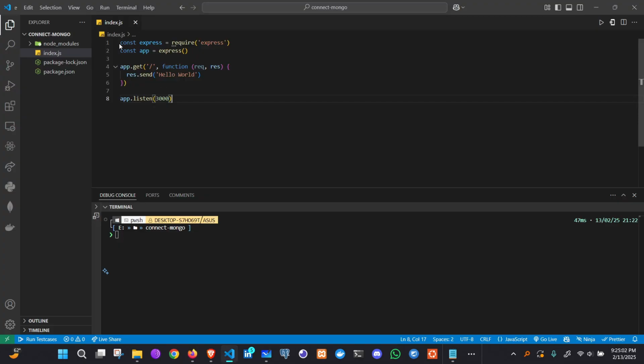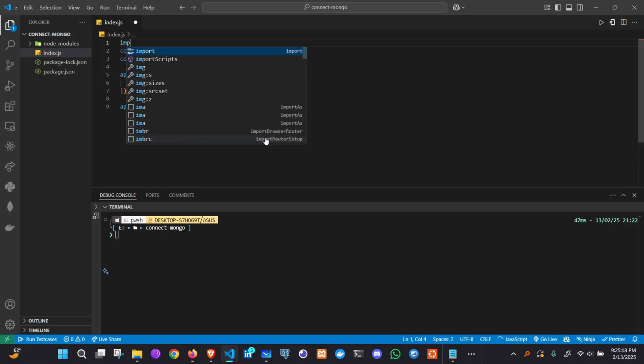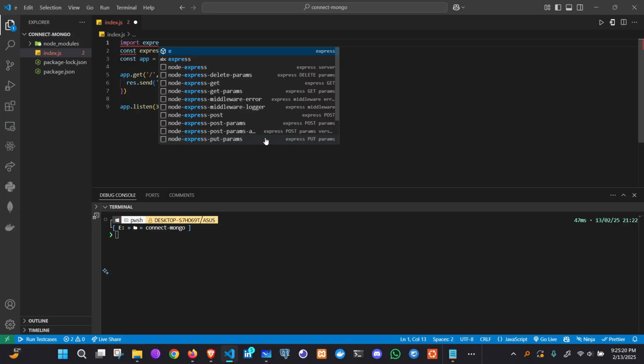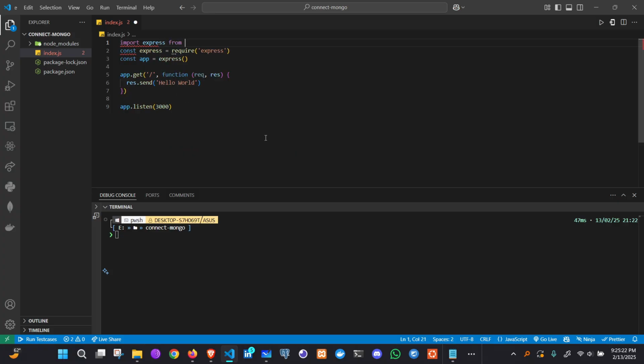One thing you will notice is that in the previous part we imported Express like this: import express from express. So what is the difference between these two? The first one is known as the ES6 type import, and the second one is known as the module import. The first one is more preferred and used in modern applications, but you can use either of them. For now, let us comment out this line,